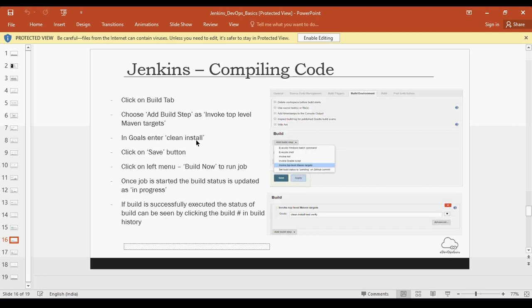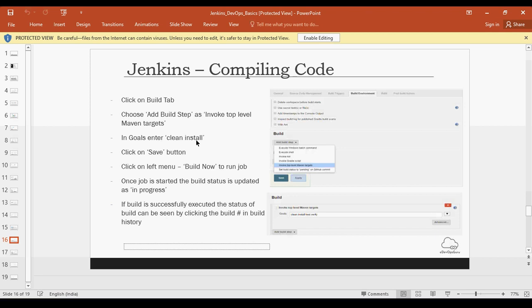Okay. So once the build is started, it has its own life cycle. It will start, and it will go into in progress. If the build is successful, then obviously the status would be build successful. If the build fails, then it is marked as failed. And if it failed earlier and now it has passed, then it has a separate build status.